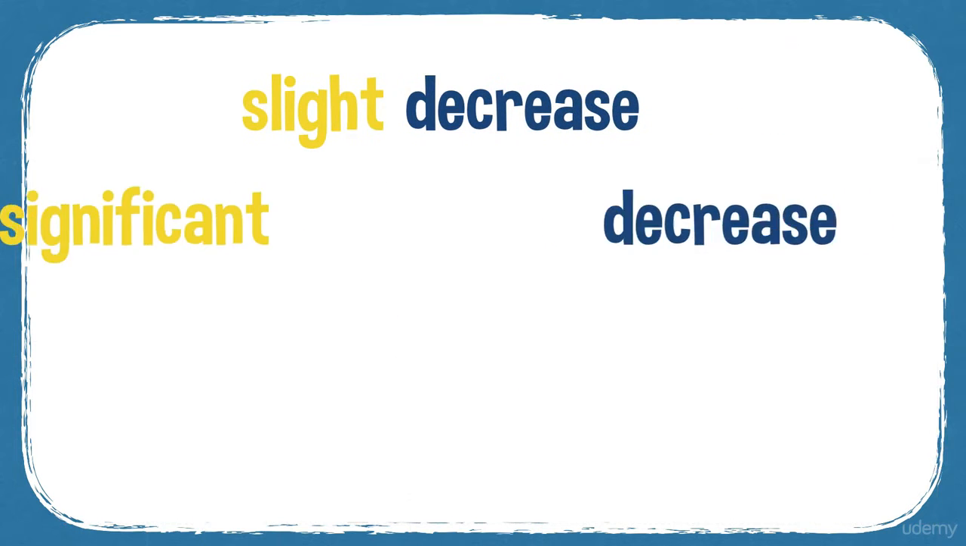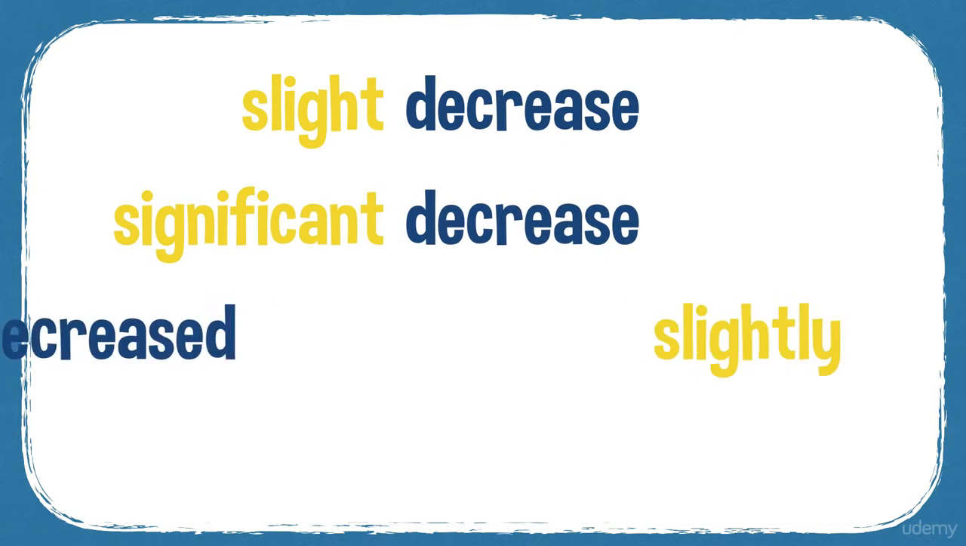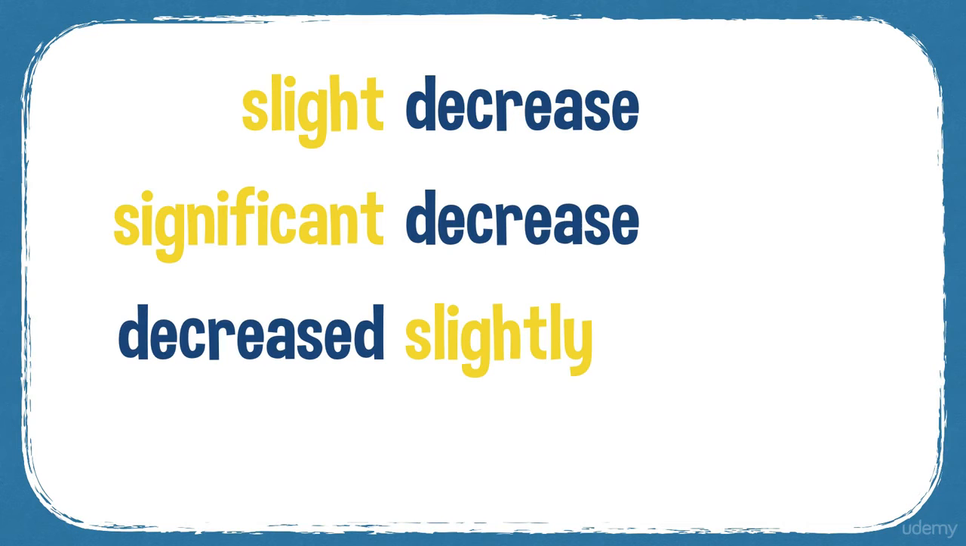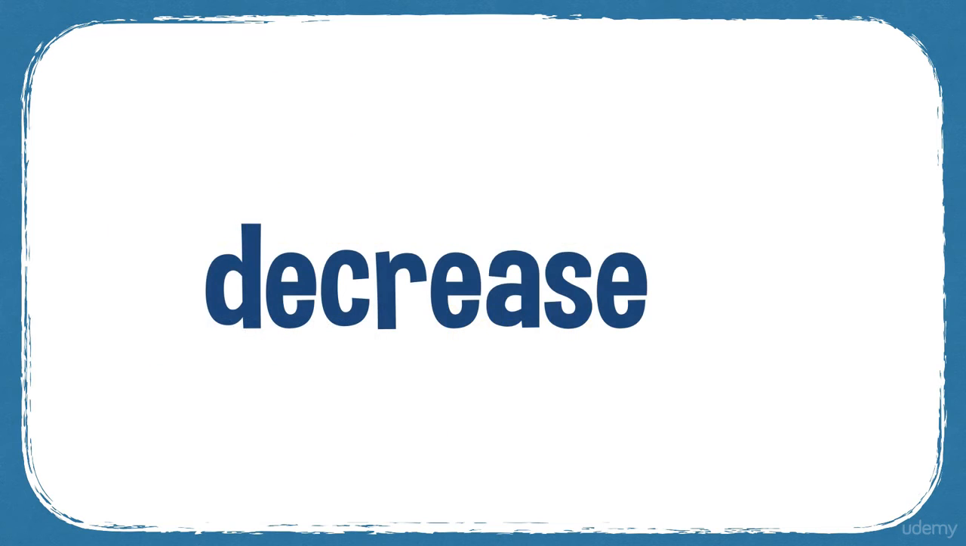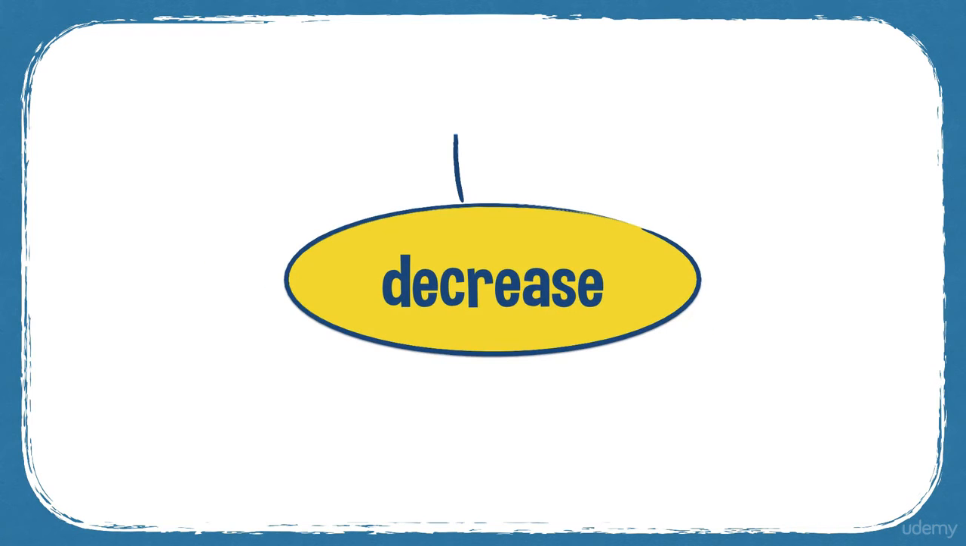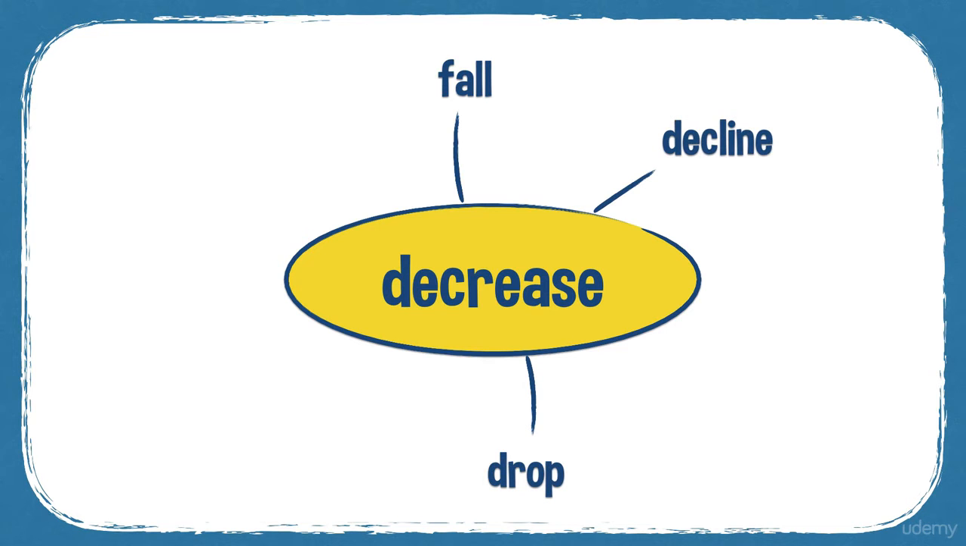You can have a slight decrease. These are common collocations: significant decrease. If you're using decrease as a verb, you can say decreased slightly. And as a noun, there was a decrease in. So here's the noun, and as a verb, decreases, decreasing, decreased. Some synonyms for decrease: fall and drop, decline, go down,